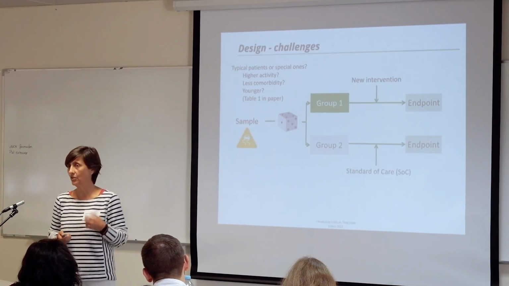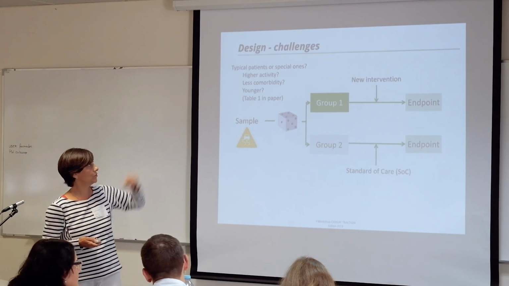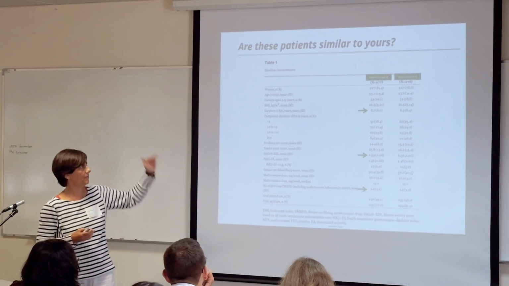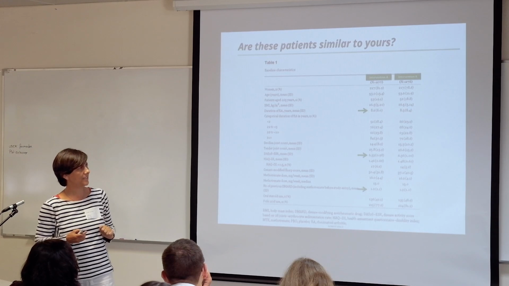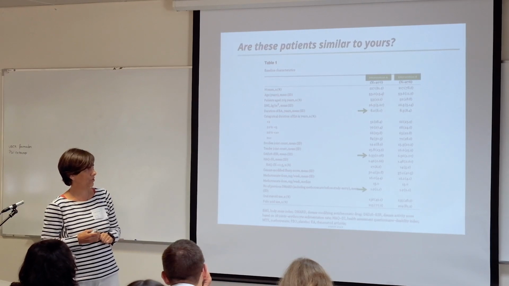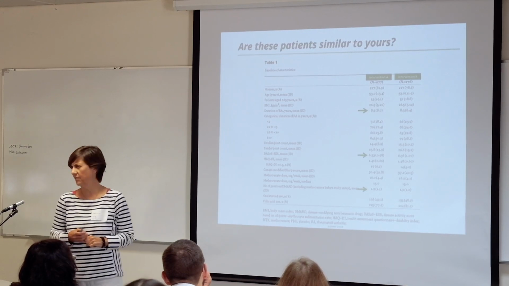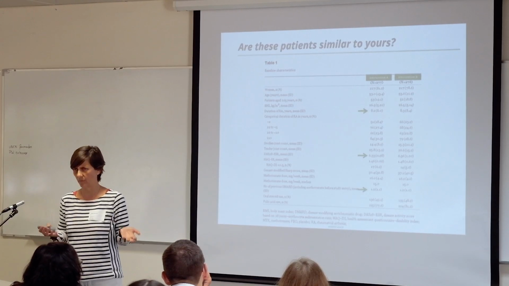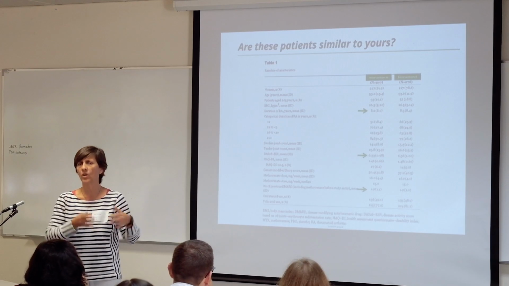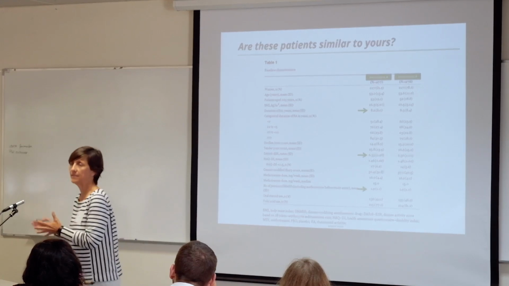To interpret whether you have some biases in the sample or selection biases, you go to table 1 in the paper, and then you look at some things. In this case, I have highlighted 3 things that made me say, this is not my typical patient at all. These are too long a disease, too active a disease, and they have not taken almost any drug before. So this is something you need to look at in the papers when you are looking at whether they might have some selection bias. It's not really selection bias, but not representative enough, okay?